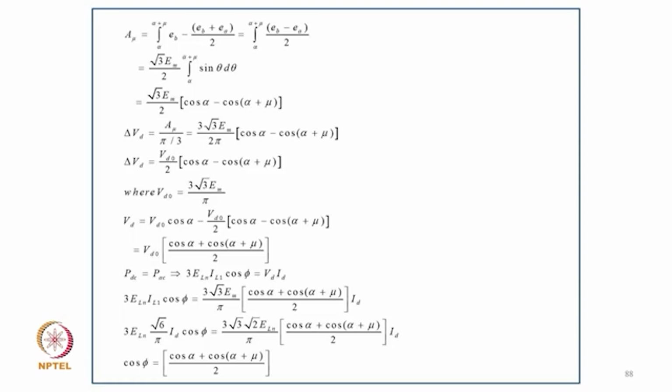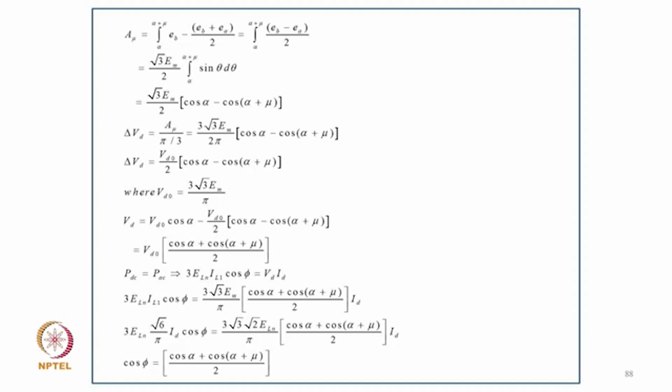So Au equals the integral from alpha to alpha plus mu of (eb minus ea) upon 2, that is equal to root 3 Em upon 2 times the integral from alpha to alpha plus mu of sin theta d theta, equal to root 3 Em upon 2 in bracket (cos alpha minus cos(alpha plus mu)), and delta Ed equals Au upon pi by 3, that is 3 root 3 Em upon 2 pi in bracket cos